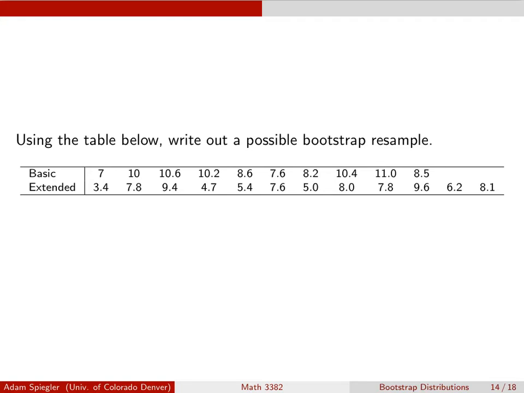So let's just make sure we've got the general idea of what we're going to ask R to do for us. So here's the data set for the basic and extended commercial times. If I wanted to write out one possible bootstrap resample, well, I would get 10 from the basic times. So that might look like